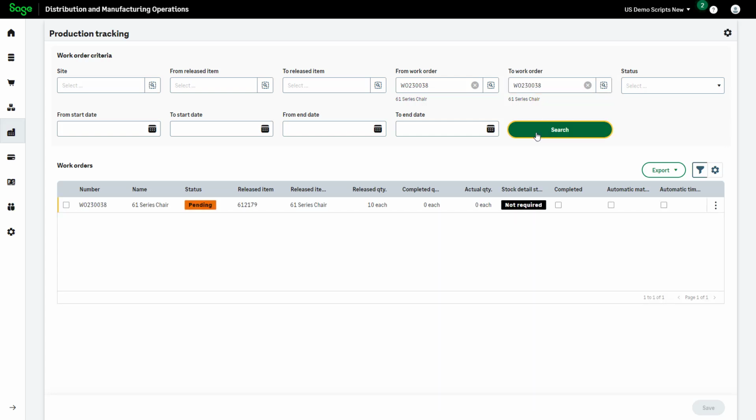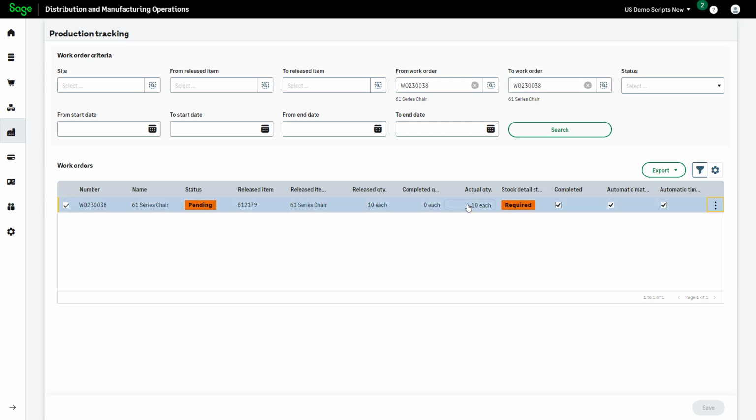And search. The search results show our work order, its status, quantity details, stock detail status, and checkboxes for 3 different transaction types: production completed, backflush material, and backflush time. Let's check the 3 boxes and let's enter in our actual quantity. Now, since SDMO is showing a stock details status of required, let's go to the line items More Actions and